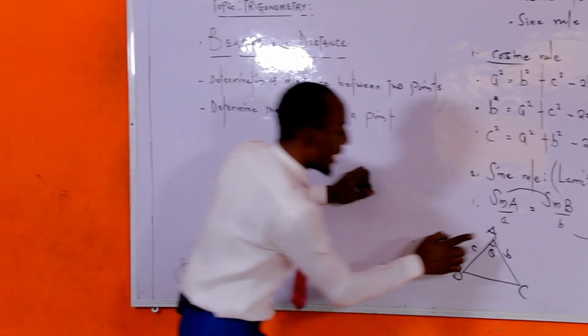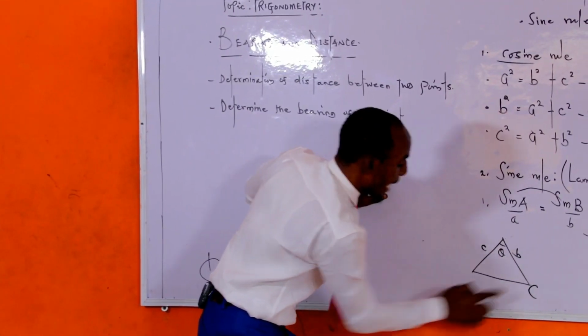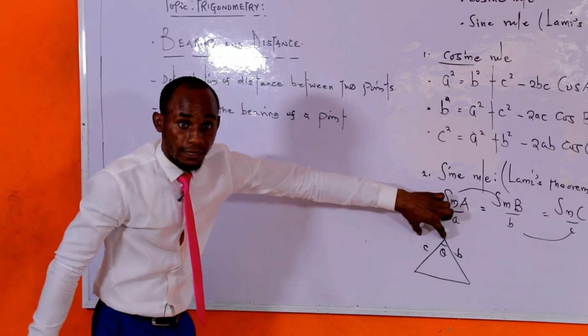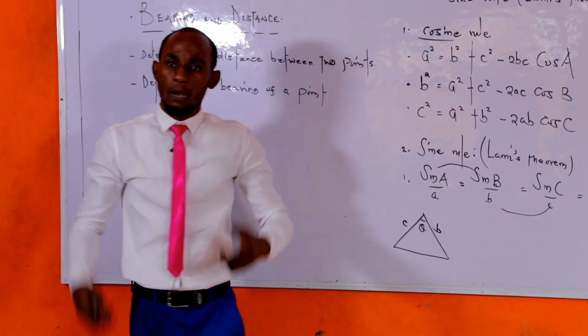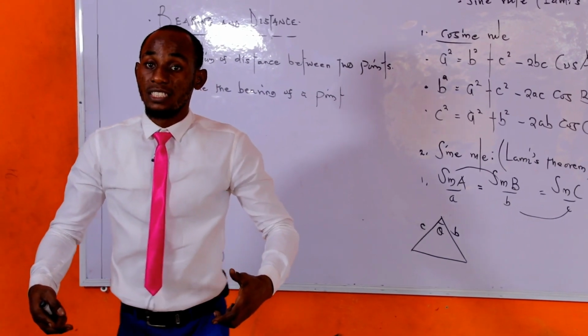In other words, I said if you have two sides like this with one angle, what you should start with is the cosine